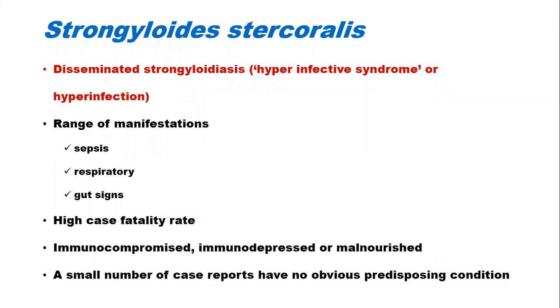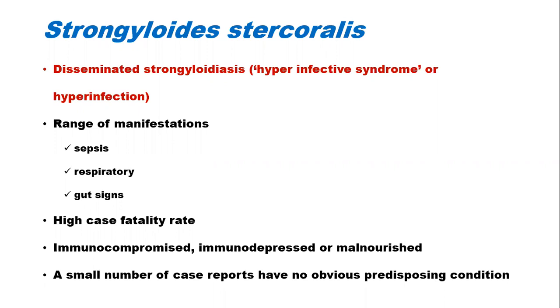Remember that when the microbiota are in the gut, they don't cause any trouble. But when they get to a sterile site, like the bloodstream, then it becomes a problem. So this organism serves like a vehicle that moves organisms from the gut into the bloodstream. So the patient may present with sepsis. There could be respiratory symptoms. You could actually have gut signs like intestinal perforation, because the worms actually ate through the gut wall. So you may also have peritonitis and things like that.